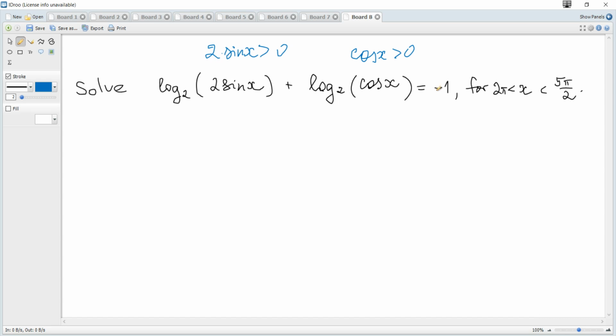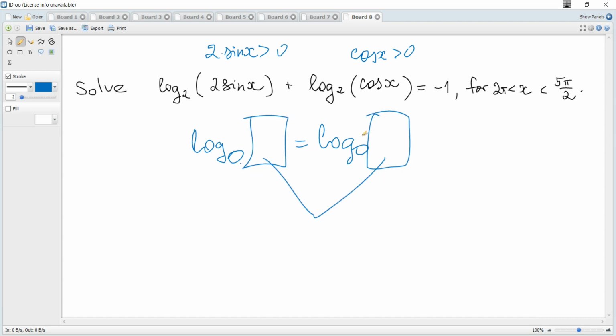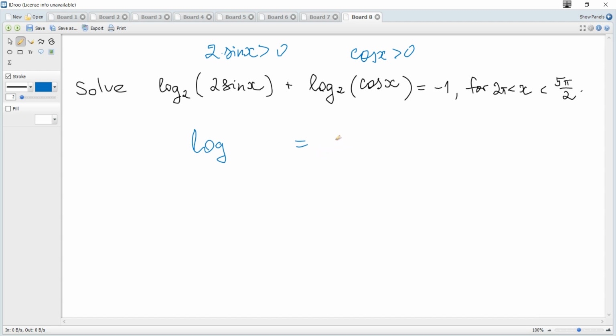And how to solve this equation? We should do what? Log is equal to log, and to have the same basis, and then we can equate just these values. Or we should do log is equal to a number, and then just by definition we can undo the given log. We can see that log to the base 2 plus log to the base 2, and we know a property, it is given in a data booklet, so it can be rewritten as a single log to the same base of the product 2 sine cosine